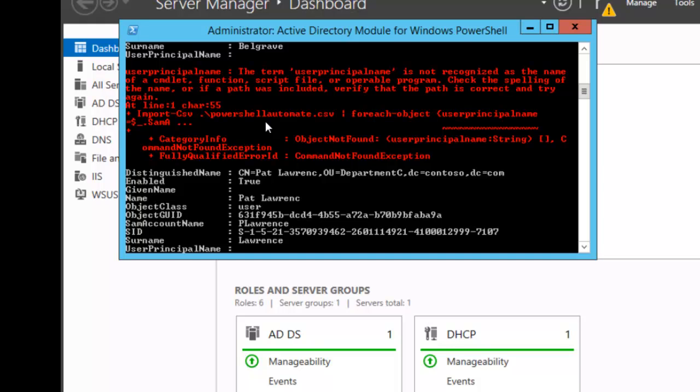So that is the end of Windows PowerShell for Active Directory. And in your required reading, you're going to see that there's a lot more that you can do with PowerShell for Active Directory. There are lots of other commands. And don't worry, in the exam, you're not going to be asked to create users using PowerShell. You simply probably have to remember the beginning name of the cmdlets to do some of the basic things. So that's it